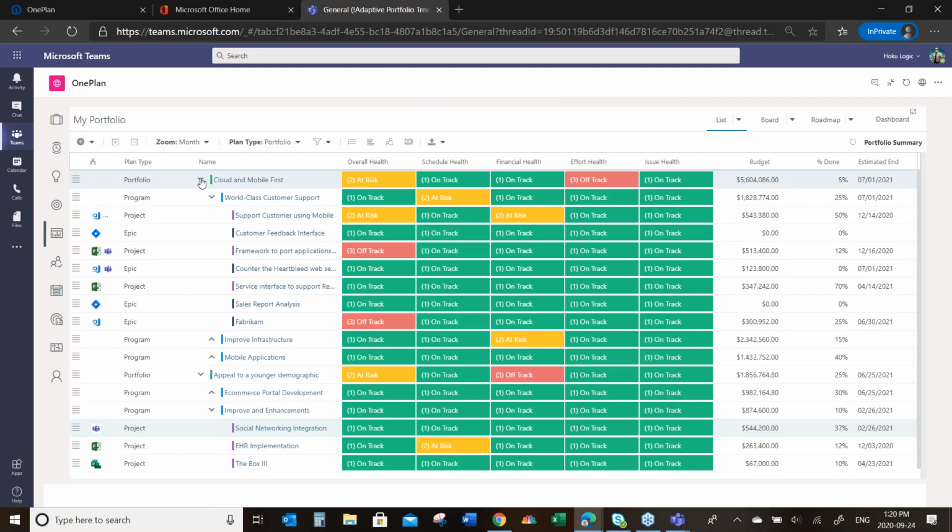So I have a portfolio. That portfolio, if I open it back up, has a program, and inside that program are a series of epics or projects. Okay, and I have a bunch of these different ones in here. I'm going to use this project in a minute. I'm going to flip my view just for a second